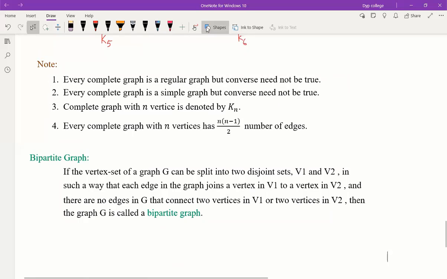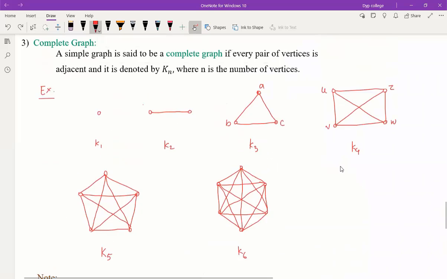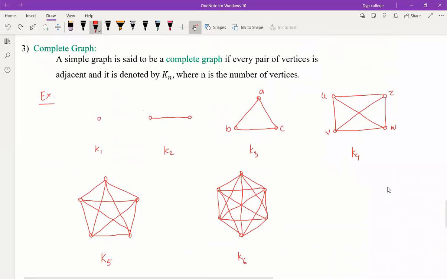So in the complete graph, every complete graph is a regular graph, but the converse need not be true. That means every complete graph is a regular graph, but the converse need not be true. Why can we say a complete graph is a regular graph? Because if you observe every complete graph, now all these are complete graphs,